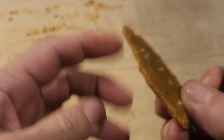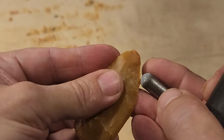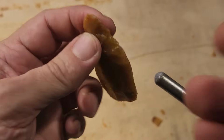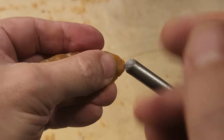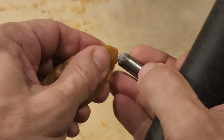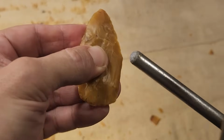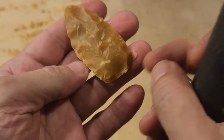Yeah, make sure they don't get you. See, I just hit it 3 times and nothing happened. If you end up hitting it too many times in one place, sometimes it's creating cracks and fractures even though you can't see them, and then you end up with unpredictability. So you have to get into the habit of not hitting the same spot too many times. I know I had a hard time with that in the very beginning. I just kept hitting in the same spot over and over as a newbie, and then when it finally did release, it released in all kinds of weird ways, or it got all crackly, and I would think,